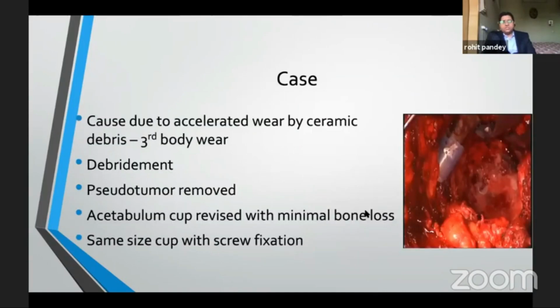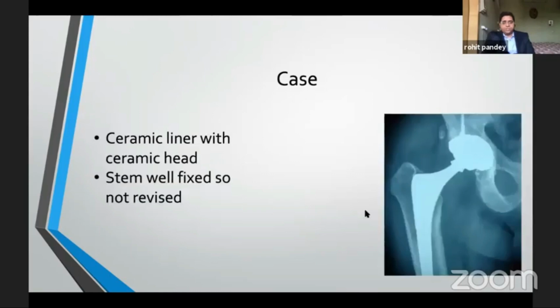The basic cause here was that the ceramic liner particles caused third body wear and accelerated the wear process, and the patient came with such complaints. So what was done is that a debridement was done thoroughly, pseudotumor was present, which was removed, the acetabular cup was revised using an explant, removed with minimum bone loss, and a same size cup with screw fixation was done. It was changed to a ceramic liner with a ceramic head. And as the taper was not badly damaged, the stem was well fixed, so no revision was done on the